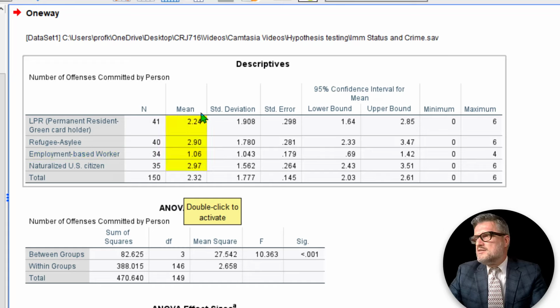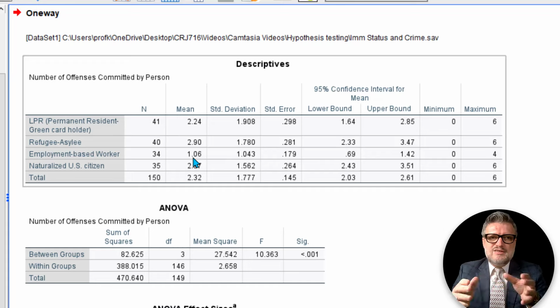Now, all of these means here, refugees and asylees, 2.9 crimes committed on average. The mean for naturalized U.S. citizen is almost 3. We see that there is a difference. For example, U.S. citizens through naturalization committed more than the others, and employment-based workers committed less than the others. But are these differences significant?